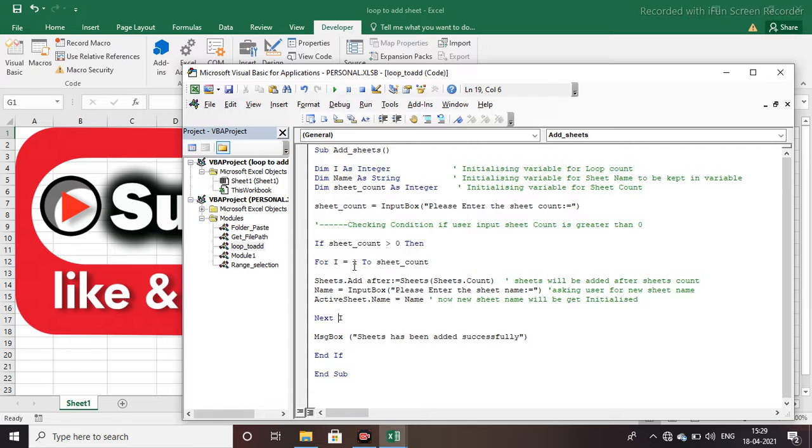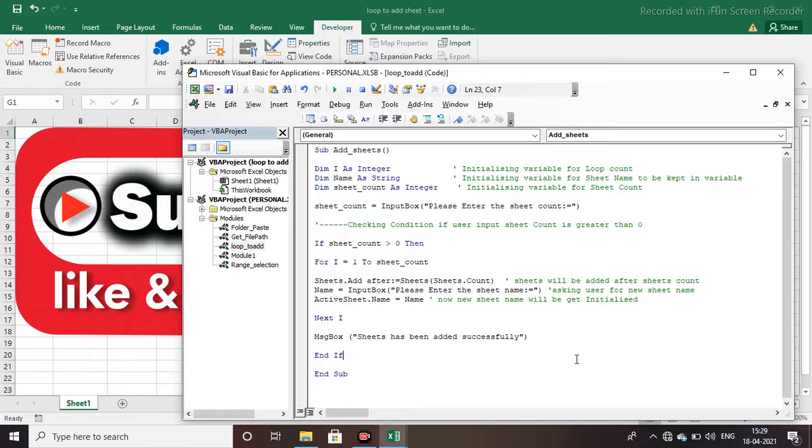If it was 1, then after executing this statement I will be 2, then 3 and so on. After exiting the loop, a message box will show that the sheets have been added successfully.